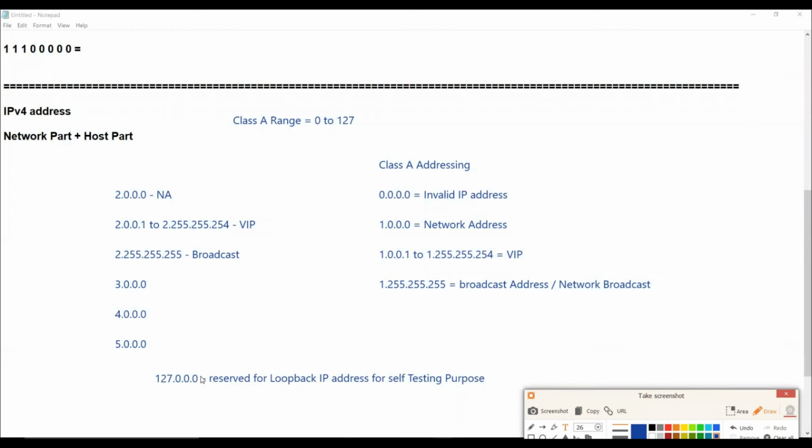Okay, so normally we use this particular range of IP addresses as a loopback IP address, which is for your self-testing purpose, and we normally don't assign IP addresses from this range to any of your users. So the last usable network of class A will be actually